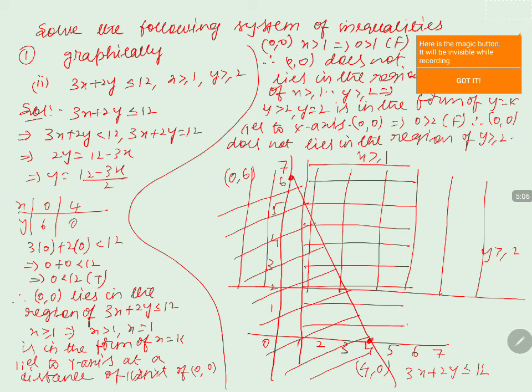Now you see, when we check this region, only one region will be the common region for the given inequations. The region which is common to these inequations can be shaded a little bit, which says that the region is common. This is the region which I am shading now. This is the common region for all the given three inequations, and this common region we will call the solution set.